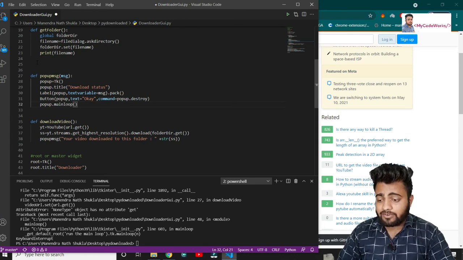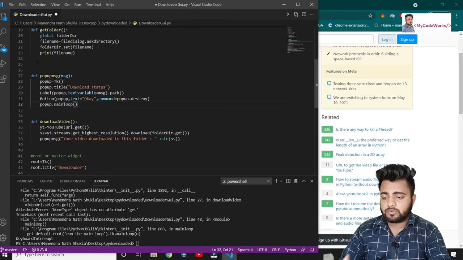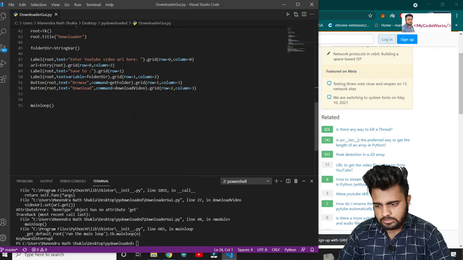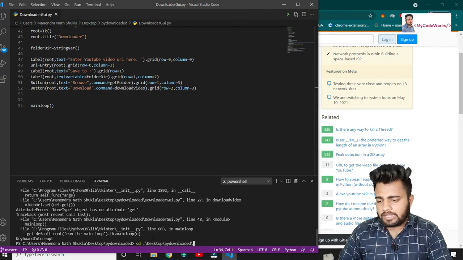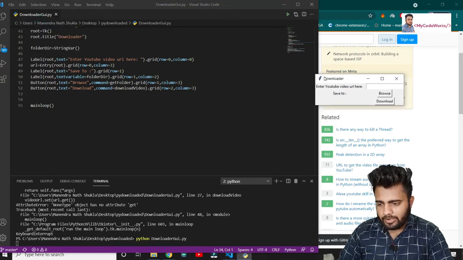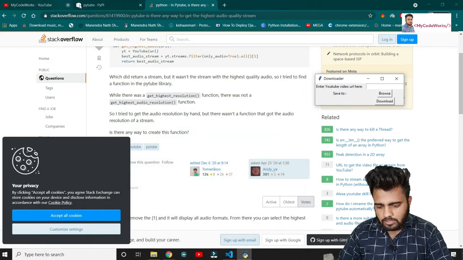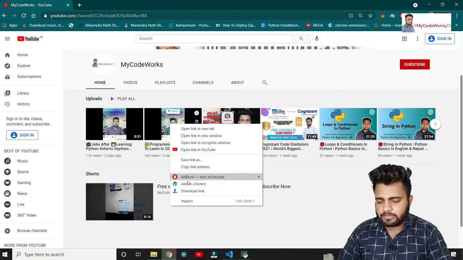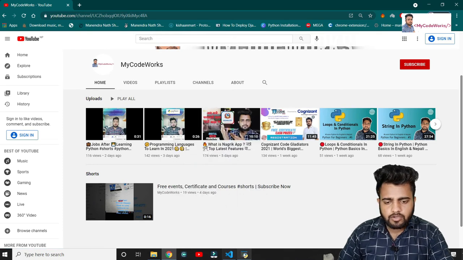And after that, to run this screen, to execute this screen, we are going to write popup dot mainloop. To run this screen, we are going to use the mainloop method, right? That comes in the Tkinter library already. So let's do it and check whether we are able to do everything properly using this. Let's run it once, and almost we have completed our tool, right?